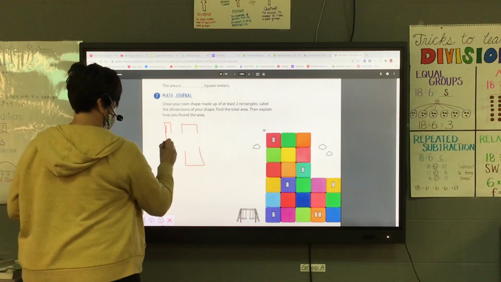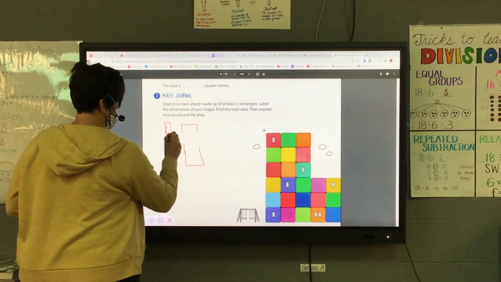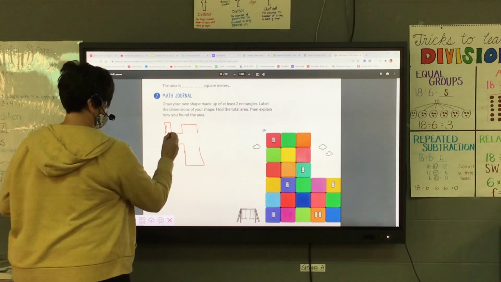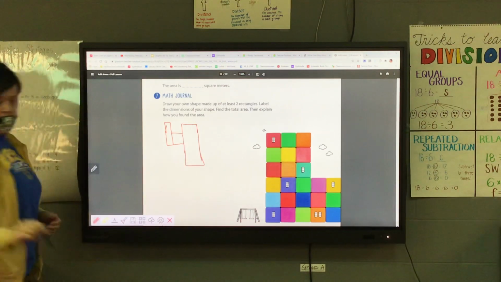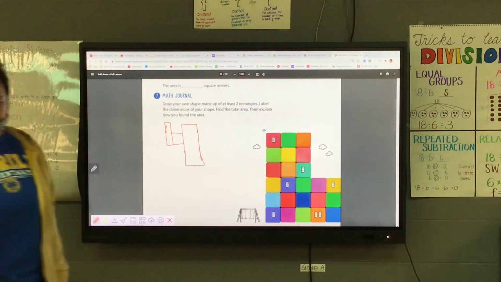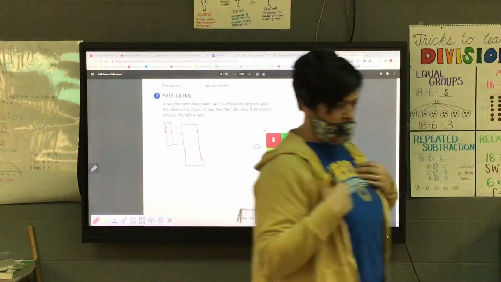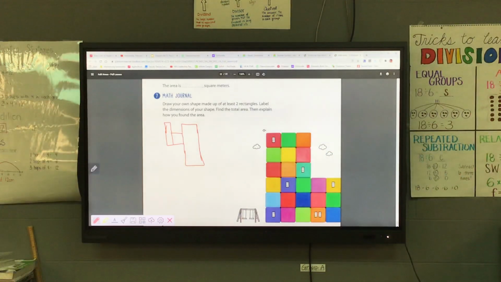So I have my shape drawn here, not very neatly. How did I do that before? Like that? Yeah. Okay. Split your shape into at least 2 rectangles. Do you have that? Okay, now what you're going to do